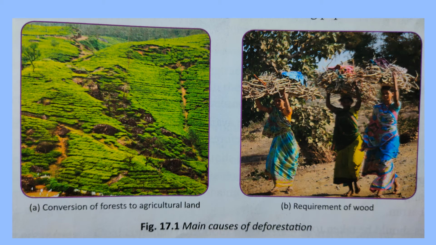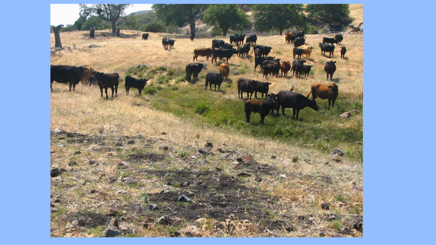Destruction of forest for conversion to agricultural land. These forests are also being cut down so that the plot of land can be converted to agricultural land and we may grow a few crops that are necessary. Overgrazing by cattle. That means cattle are freely left on the ground so that they can consume more than what